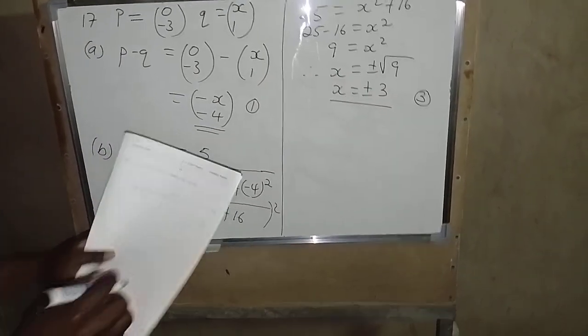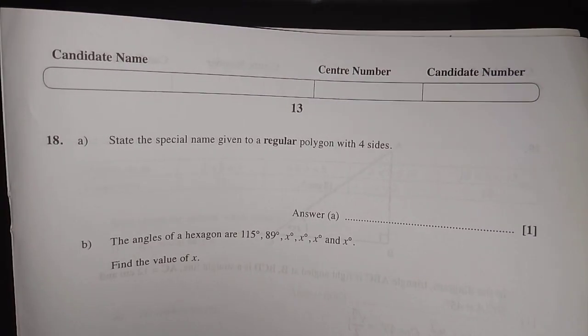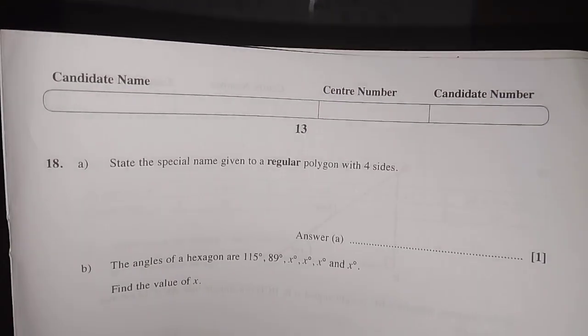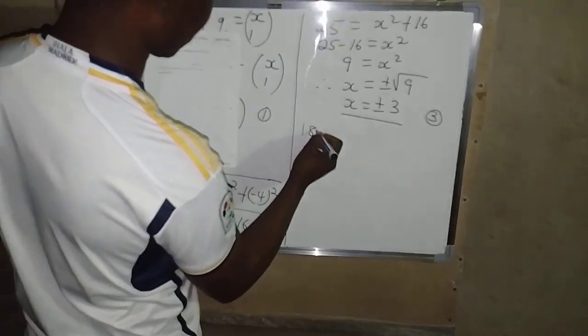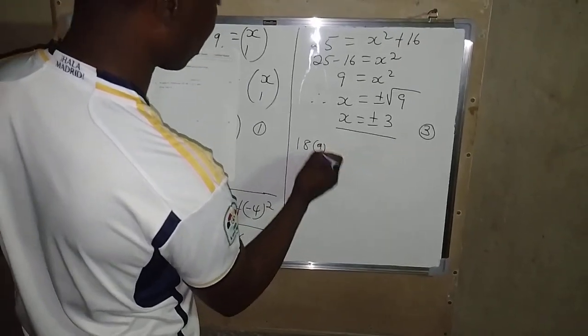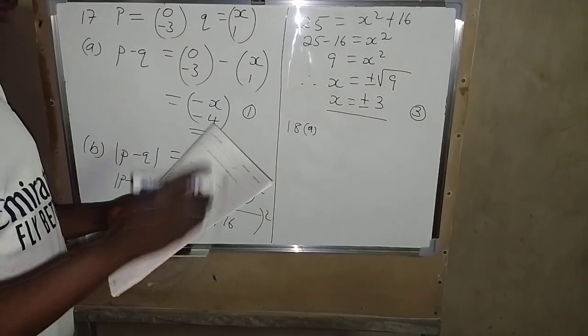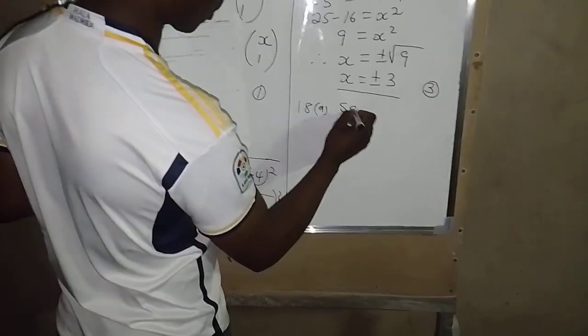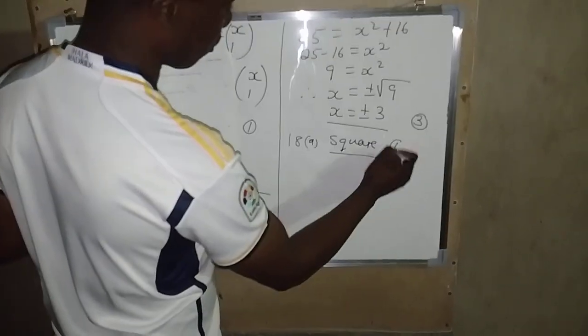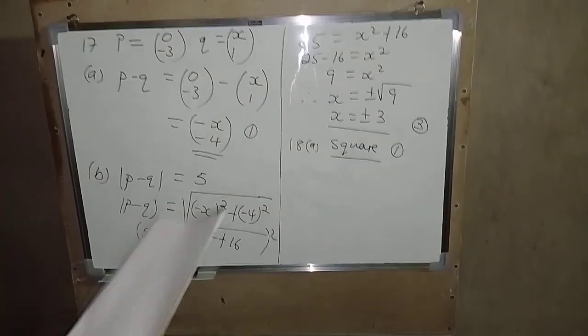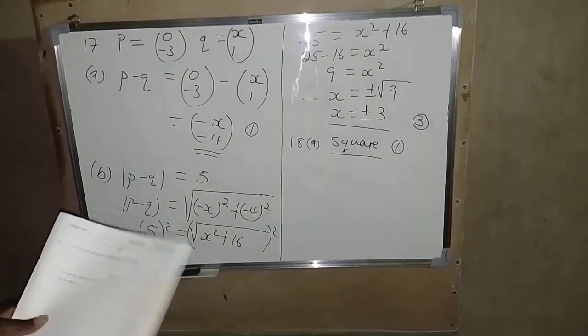Now number 18. Number 18 reads, state the special name given to a regular polygon with 4 sides. A regular polygon with 4 sides. For regular, we are saying all the sides are equal. So the special name is a square. The special name is a square for 1 mark. Then B,